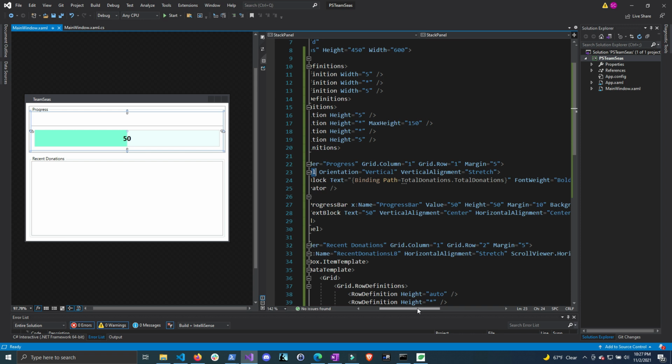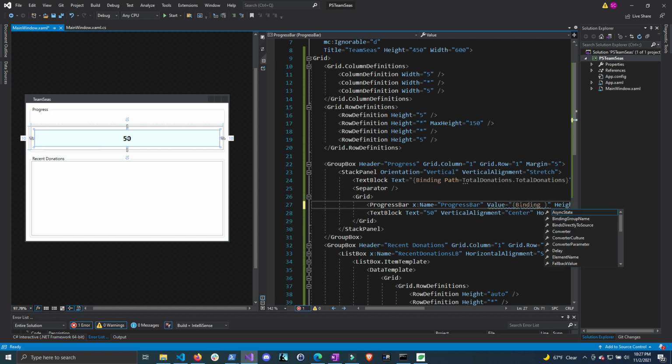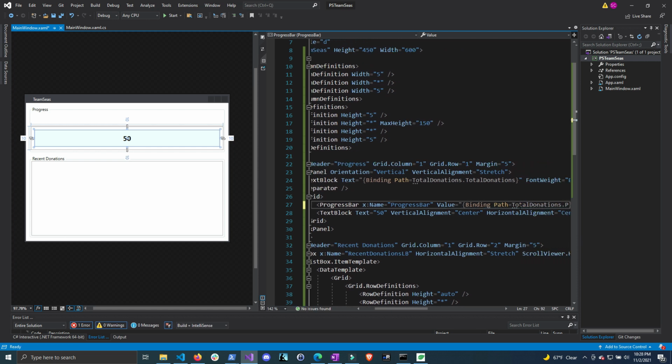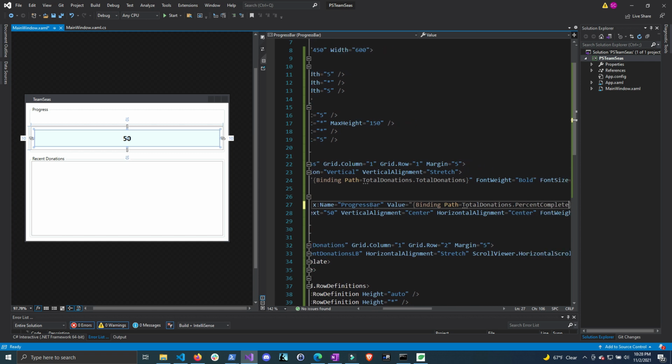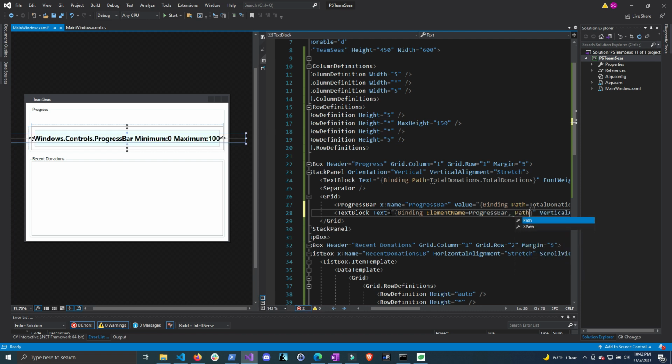Okay, so let's go back to Visual Studio, and then for the progress bar for the value, let's go ahead and do the binding, and then we're going to do path total donations and then the % complete. And then for the text, we're going to bind it to the value of the progress bar. So to bind this text value to the value property of the progress bar, we're going to do something similar. We're going to do curly braces binding, and instead of path, we're going to do element name first, progress bar. We're going to do a comma, and then the path to the property on the progress bar, which is value,